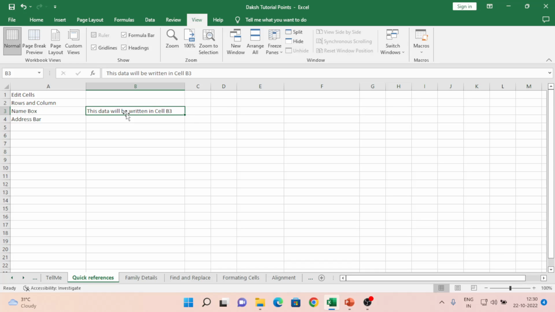The data will be written there. Now if I want to edit something, for example if I have made some spelling mistake while typing, we can do that. To edit any data, like I have written the data and I want to edit it, what I have to do is just double click on it,